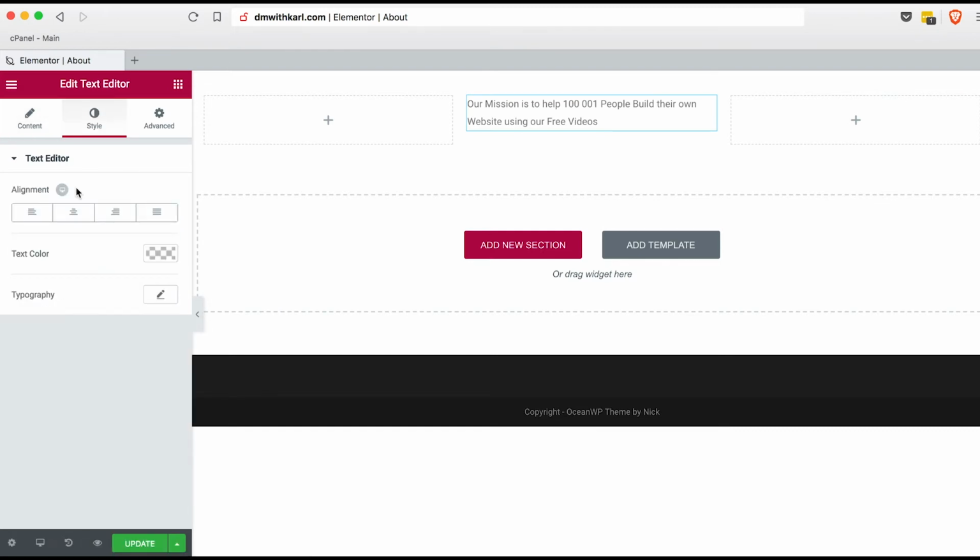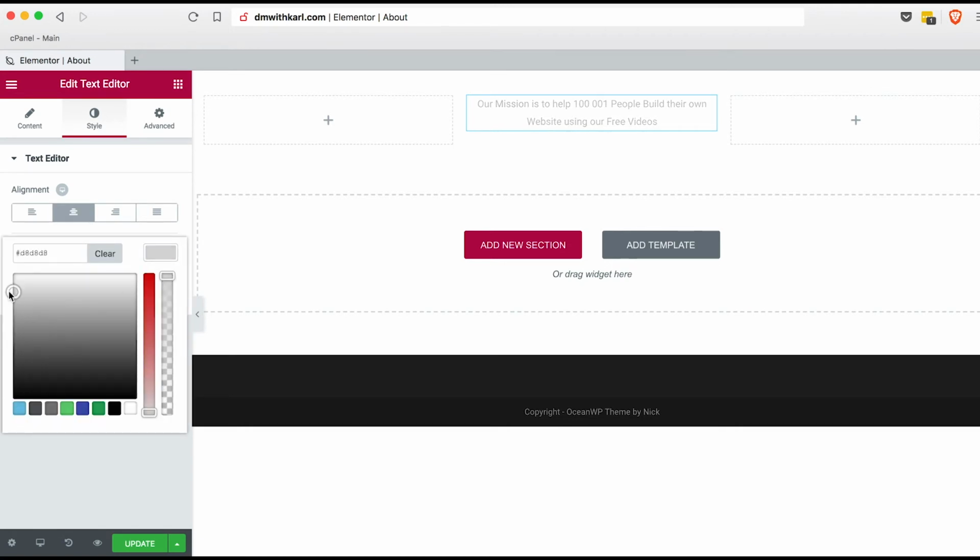We're going to head over to style and we're going to center that. We're going to choose text color and we're going to go with a dark gray, 494949,